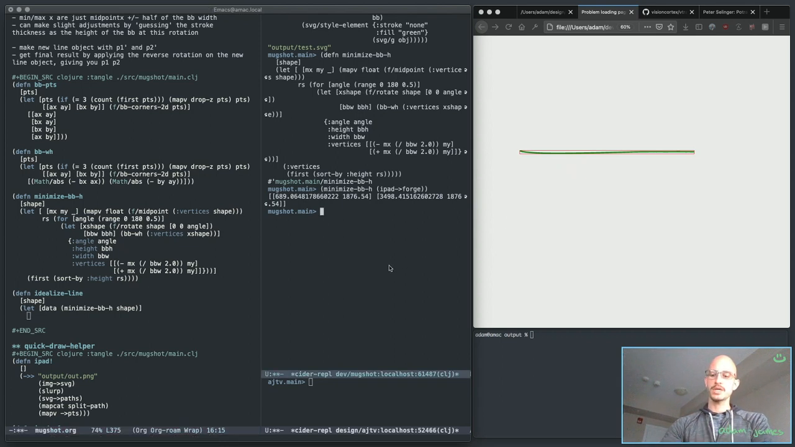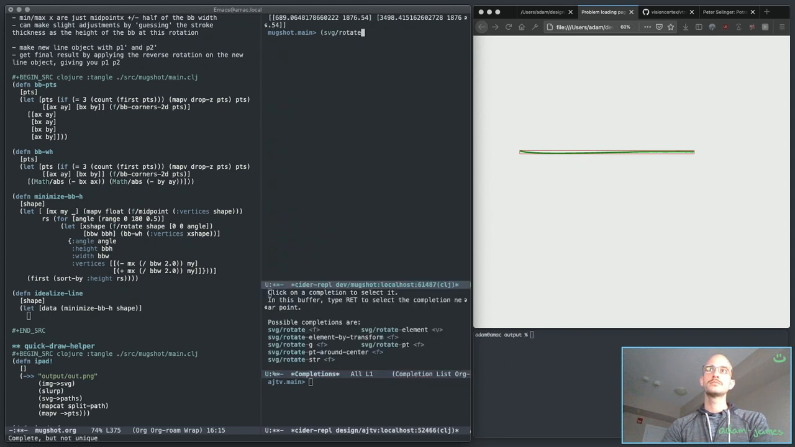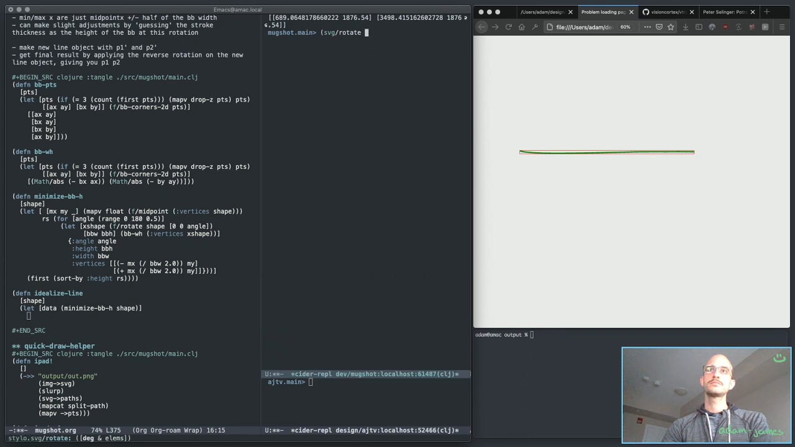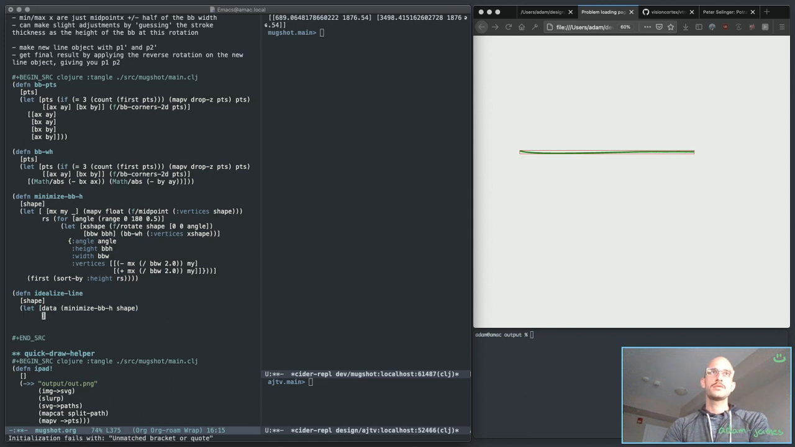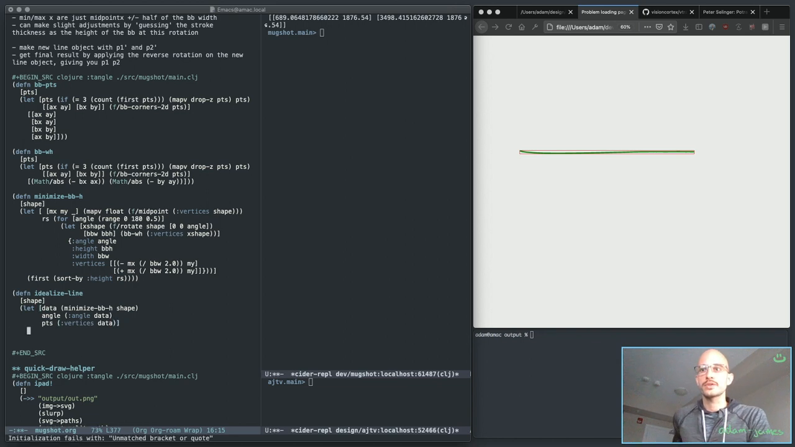Wait a second, let me check. No, let's do it like this. Yeah, okay, so the data is like this, the angle is angle from data, the points is vertices from data. Okay, so with that information I can actually produce